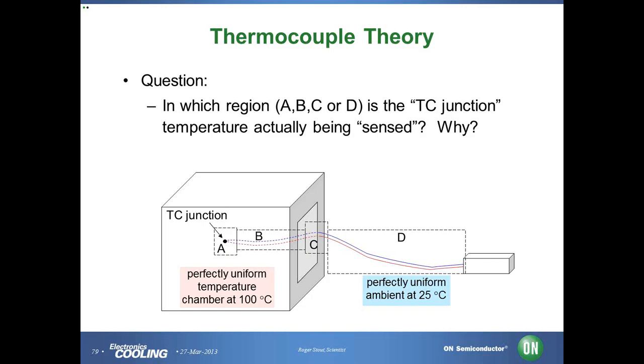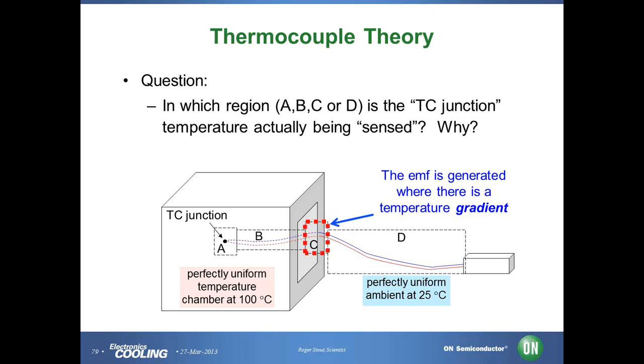The junction itself simply completes an electrical circuit, providing a common reference point for two EMFs that vary differently with temperature in the two different metal wire materials. Thus, if I've got a thermocouple inside a temperature chamber, the inside chamber temperature is actually measured in region C in the diagram, which is where the temperature gradient appears as the wires emerge through the door from the hot